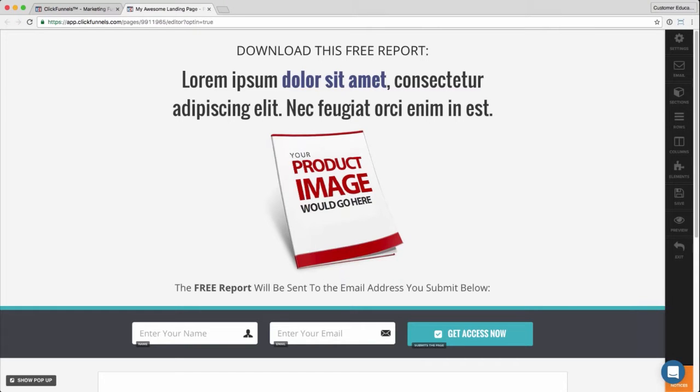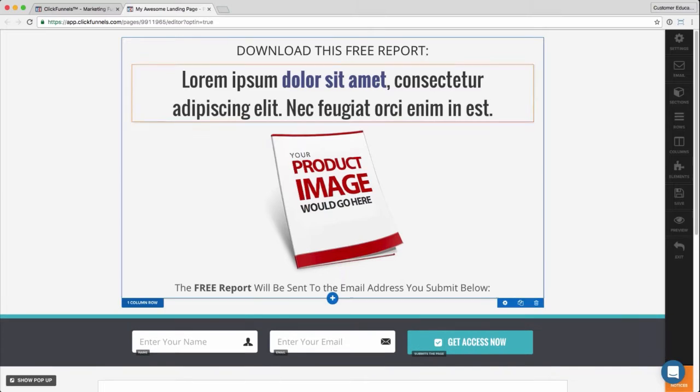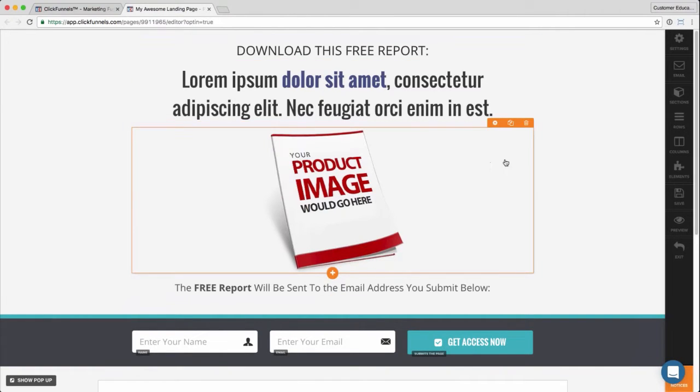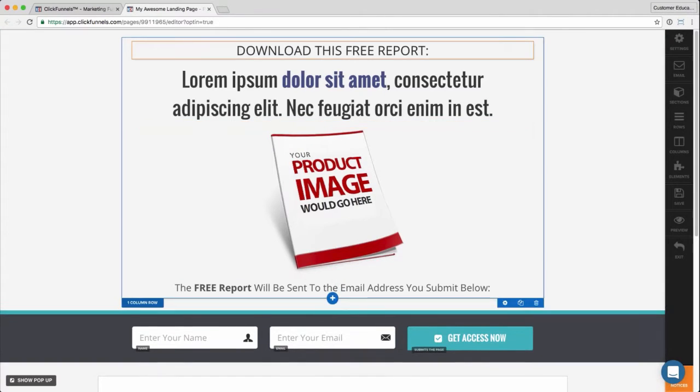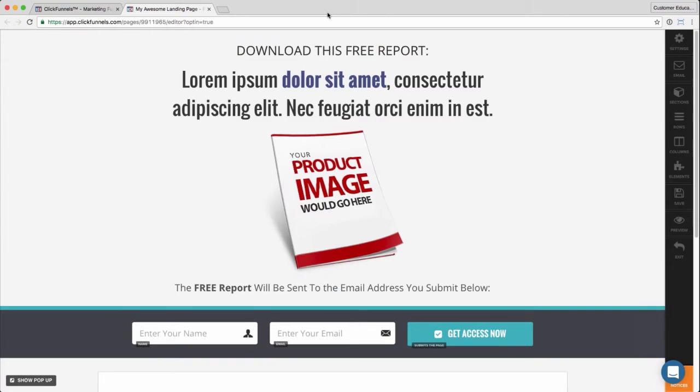Doug is asking the difference between a squeeze page and an opt-in page. There's really not much of a difference. I think it's just terms that people prefer. A squeeze page, you're squeezing the email address out of someone. There may be some technical explanation there, but